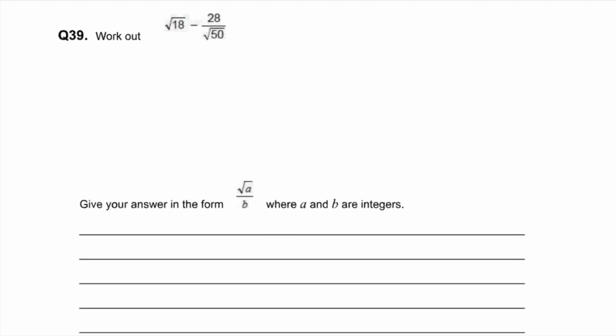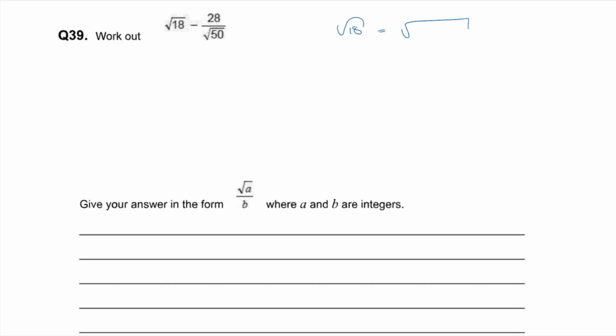Question 39, work out root 18 minus 28 over root 50. Now we have to do two things here. First off, we need to simplify that root 18 because we can write it in a more simple way. And we have to rationalize the denominator of the second part of the fraction. If you like, you can do that separately and recombine. That's one way of doing it if it's difficult to manage everything. So we can work on this in two parts. If we work on the root 18 part first, we can say, well, root 18, that is the same thing as the root of